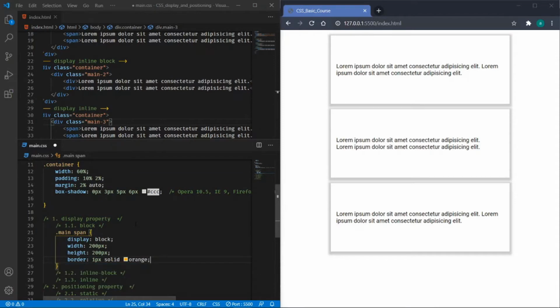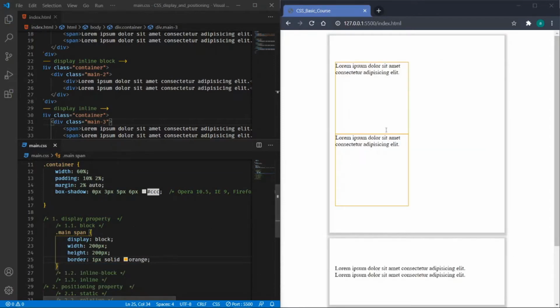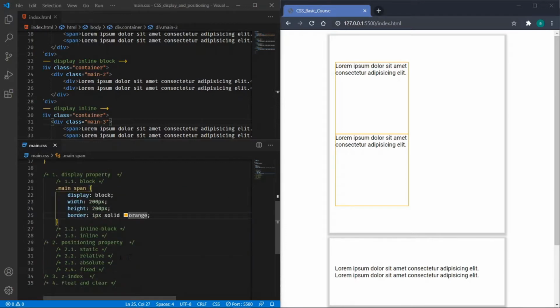I will give it orange color. As you can see, though this is an inline level element, it is shown as a block level, with every element placed on a single line, which shows that it is a block. So we can convert the inline to a block level element using the display block property.